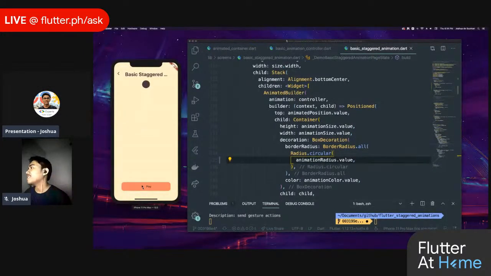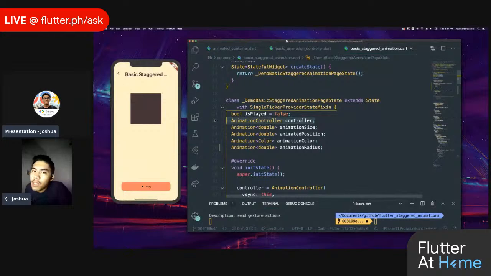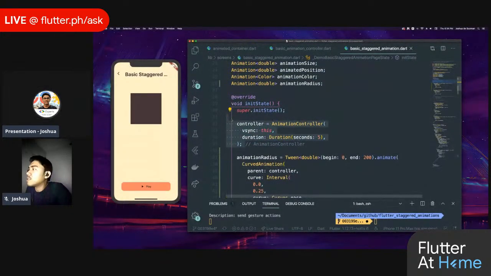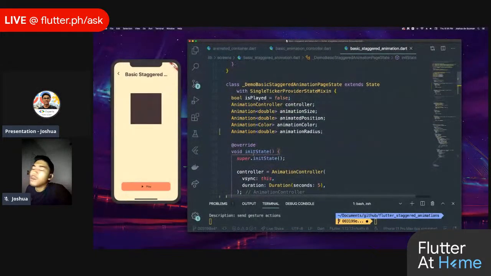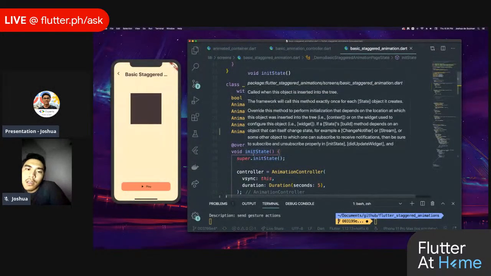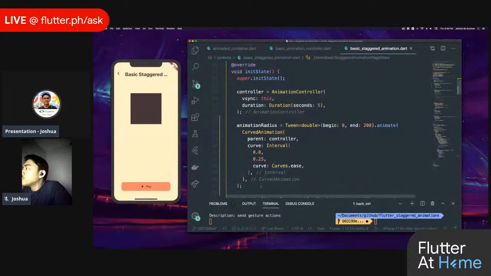And it's not interpolating. Great. So, again, the things that we did for us to be able to create explicit animated widgets is we created an animation controller, instantiated an animation controller. Next is we want to identify what animation is, the type of animation we actually want to add inside our app. So in this case, I want to add the animated radius, which in turn I have to instantiate using